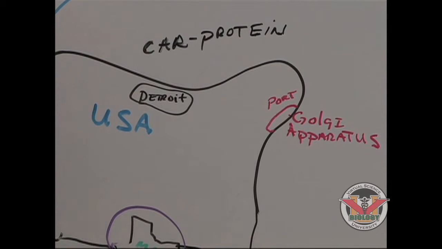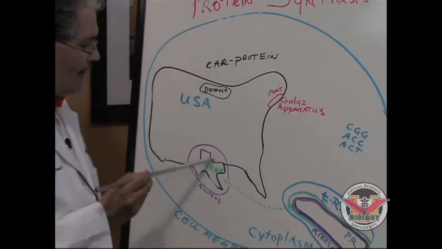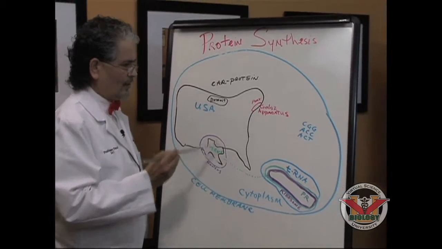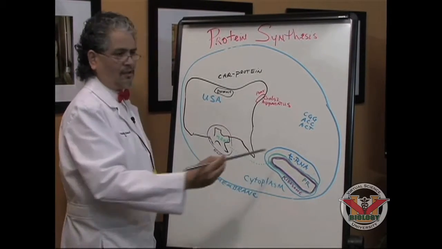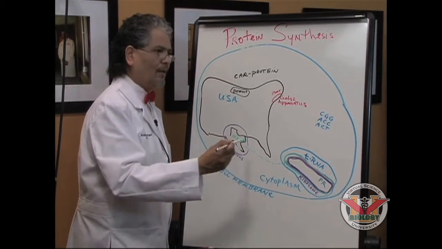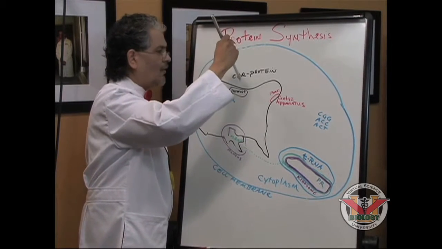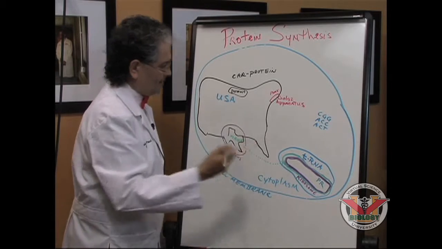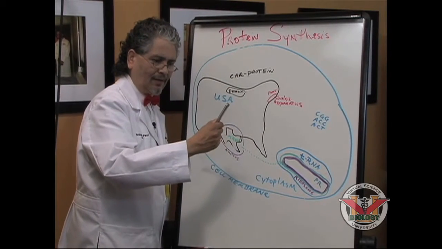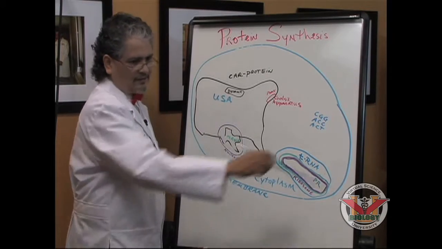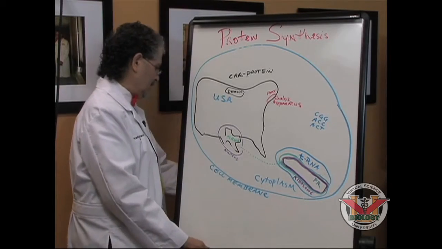What I'm going to use as an example with a car is what we're coding for right here in Texas, which is what determines what this car seat is going to look like, and that's what we're going to be talking about. We're going to be using a car seat that fits inside the car, the same way this protein that we're going to make is going to be part of somebody's body. And this protein, of course, is coded right here in the example that I have here on the table. Okay, very good. Now,